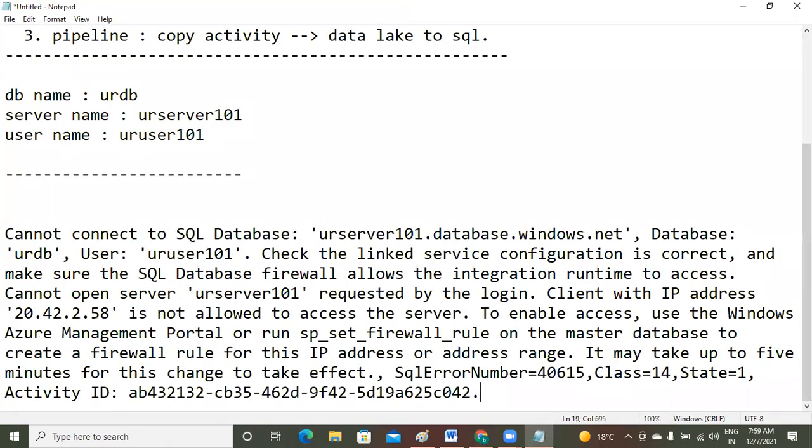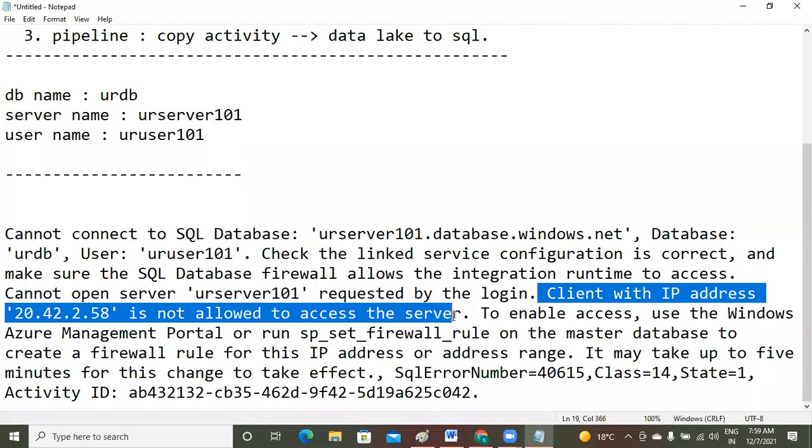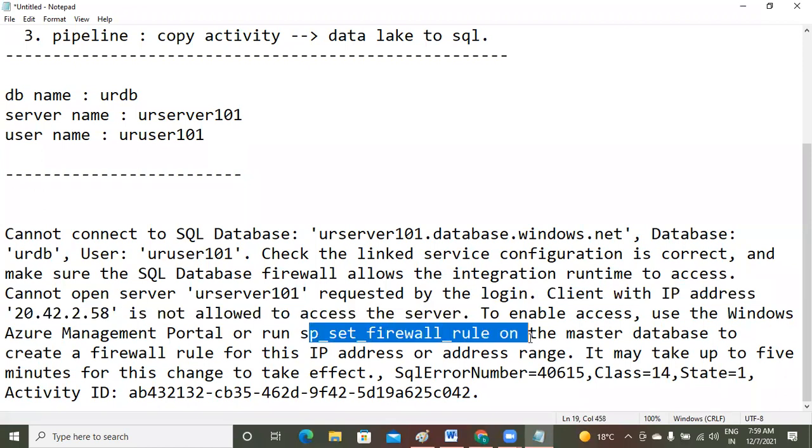This is the error message. So here also, by seeing this, you can understand one thing. You will get some clue. What is that clue? Client IP address is not allowed to access the server. That means a firewall issue. So here it is providing me some clue also. That issue belongs to the firewall.